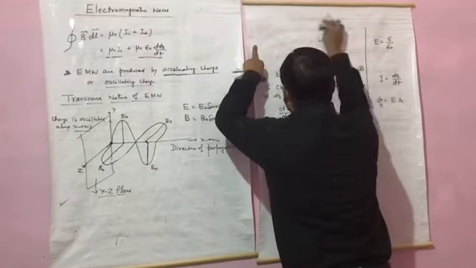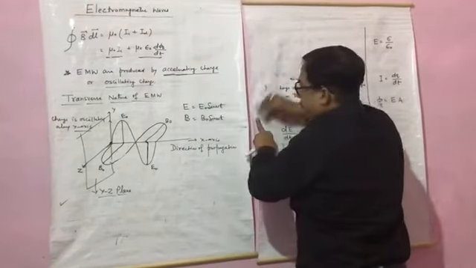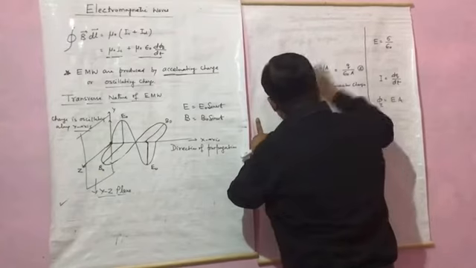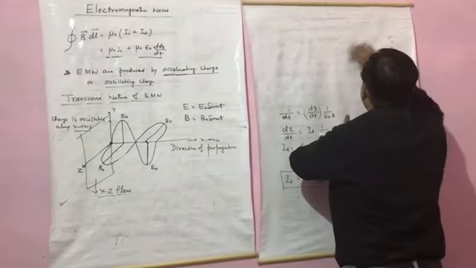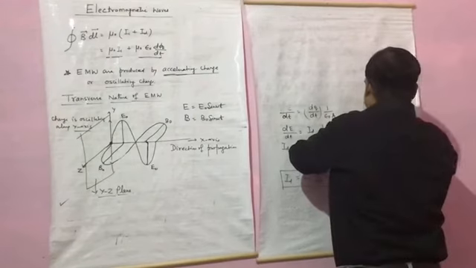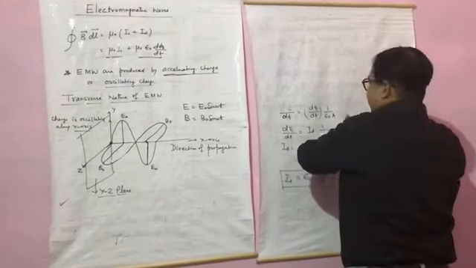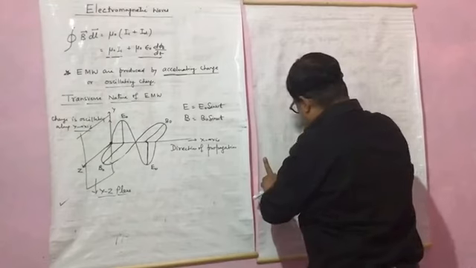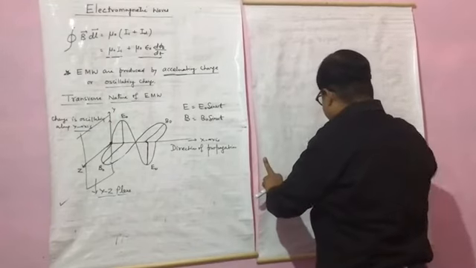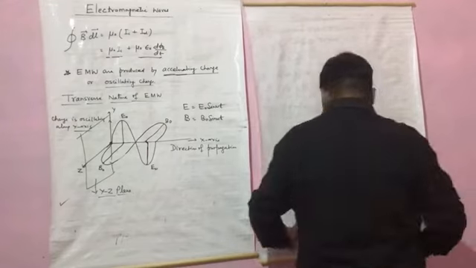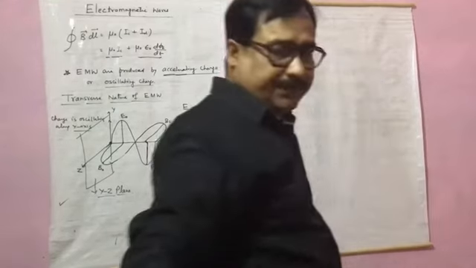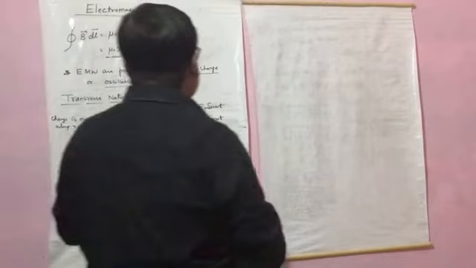Now after this transverse nature, we have to go for the properties. Now, properties of electromagnetic waves. We have studied so many things and we get many properties also, right? So the very first is, this is properties.